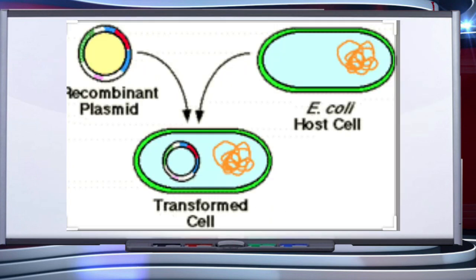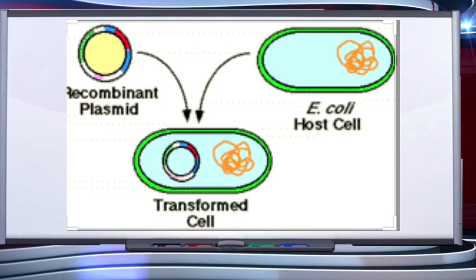And after that, insertion of recombinant DNA into the host cell. It occurs by several methods, before which the recipient cells are made competent to receive the DNA. If recombinant DNA carrying an antibiotic resistance gene, for example ampicillin, is transferred into Escherichia coli cells, the host cell is transformed into ampicillin-resistant cells.